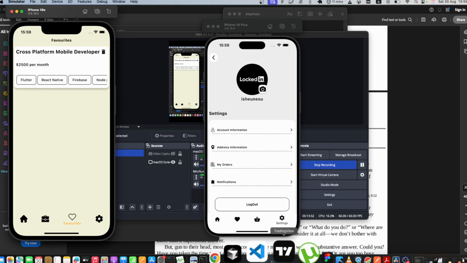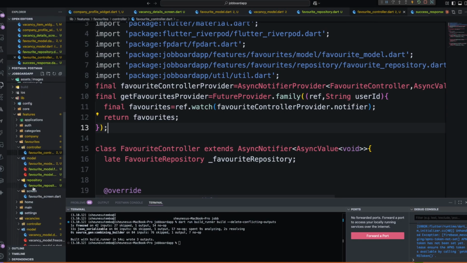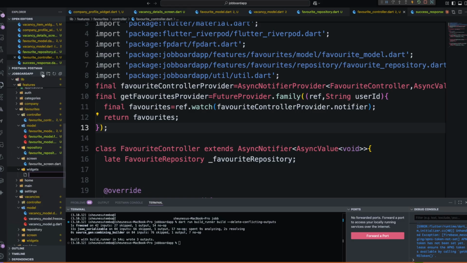And then let's go inside our favorite folder, right? And then under favorites, let's create a subfolder called widgets, right? And then let's create another file called favorite item